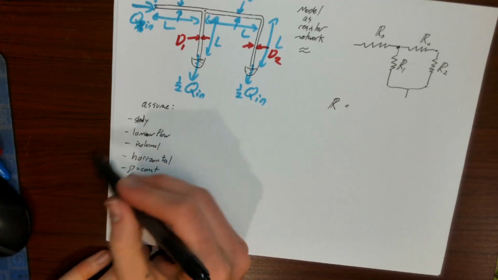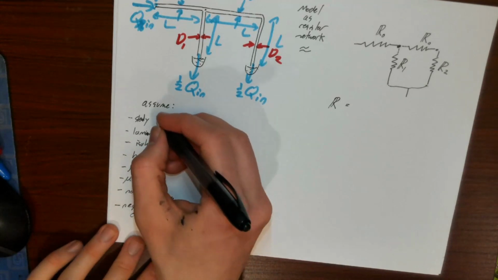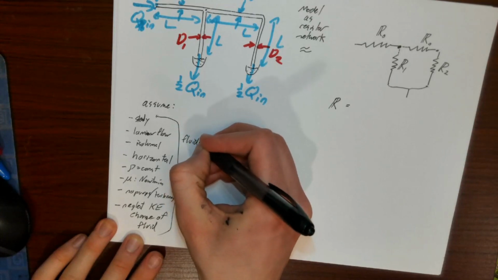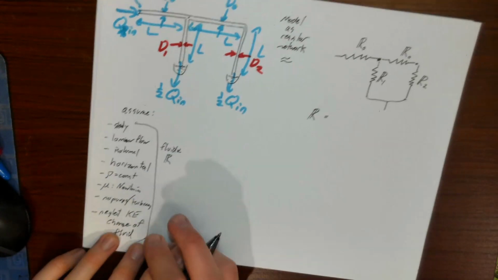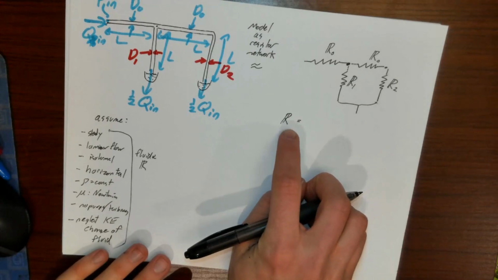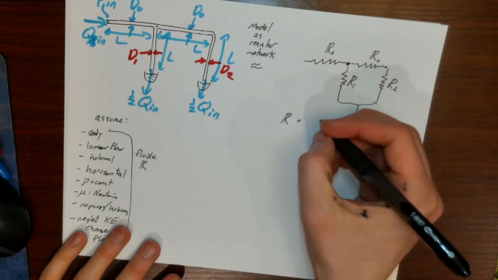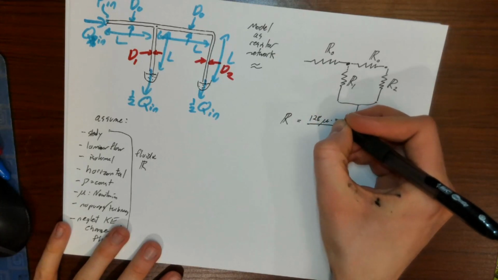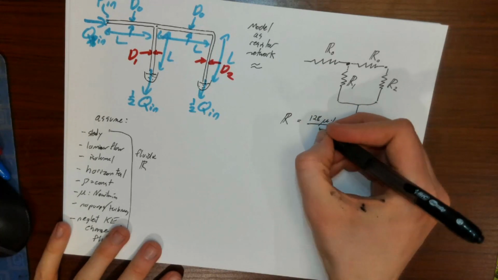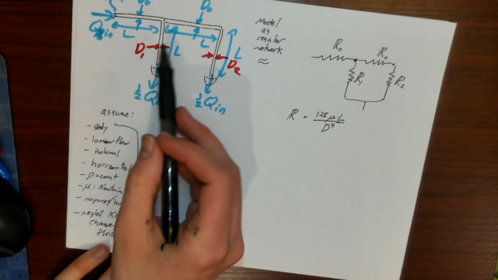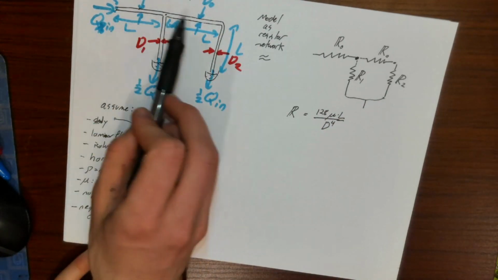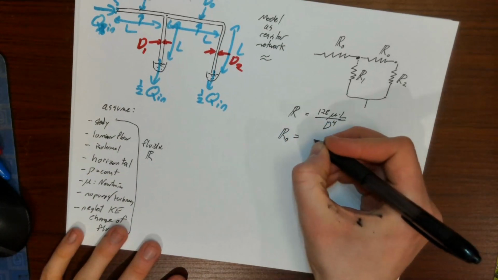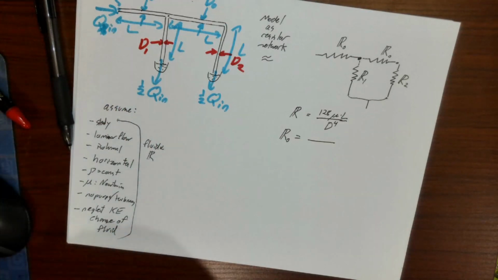If we do all that, this justifies the use of fluidic resistances. In this case, we have these circular cross sections, and the fluidic resistance is 128 times mu times L over d to the fourth. So we can formulate it for each of these. In this case, R naught is 128